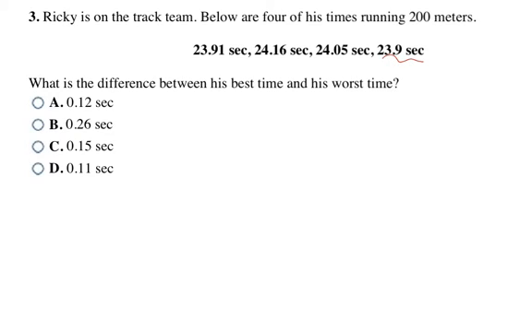23.9. That's the smallest number listed here. And then his worst time is going to be the greatest number listed there. And looking at it, 24 and 16/100ths is his worst time. So to find the difference, that just means to subtract. I'm going to subtract 24.16 minus